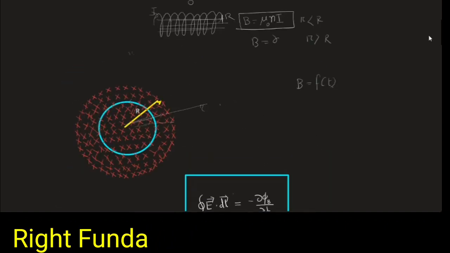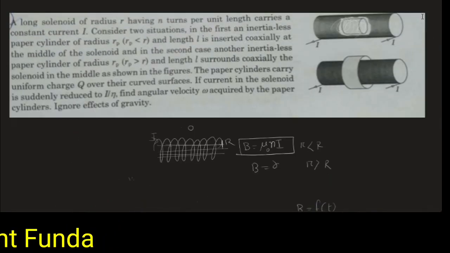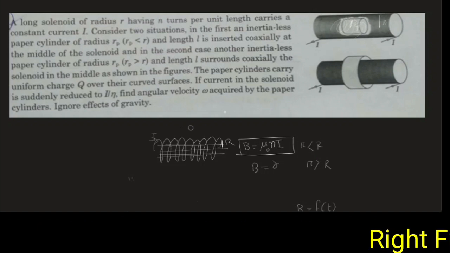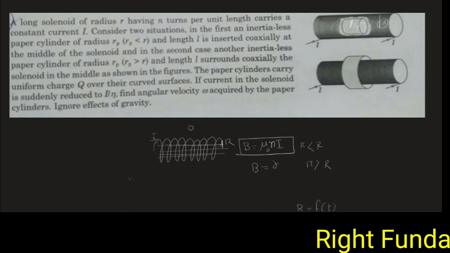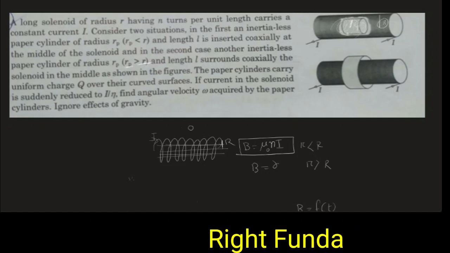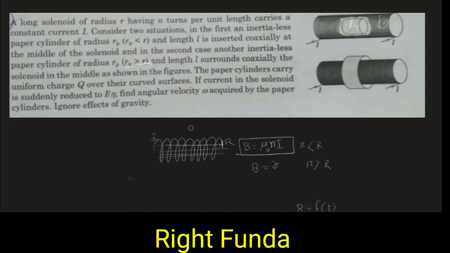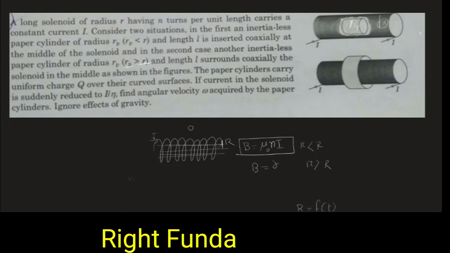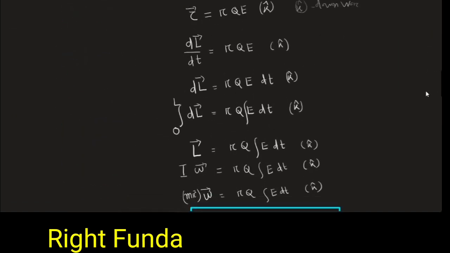Again, we'll go to the question and see what case 1 is. Case 1 says that inside, this R is less than that. Given that Rp is the radius of the paper cylinder and this radius is small r. What I have taken as capital R is the radius of the cylinder, small r, and Rp is the radius of this. So what I take as small r becomes Rp, and what I take as capital R becomes smaller in this particular question. So I will discuss these two cases. So what are the two cases?